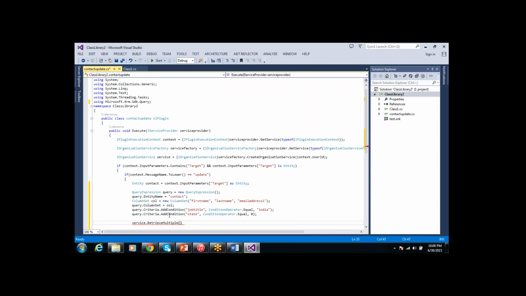To this RetrieveMultiple method we have to pass this query as the input. It will give the record collection. The records satisfying the conditions may be multiple, so it will give the entity collection. To capture that result, we have to take an EntityCollection.